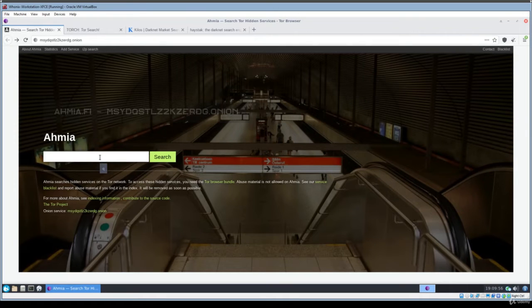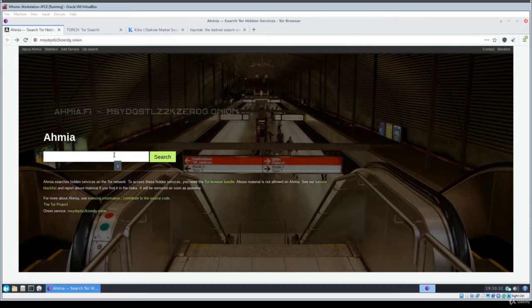If I'm not pronouncing it incorrectly. The positive thing about this search engine or directory is the clean and nice interface. There you can see that they say they have I2P network search as well. If you want to try this, you can, but I don't have hands-on experience of this search engine on the I2P network. That's why I'm not recommending it at the moment. However, as far as Tor is concerned, I recommend it.